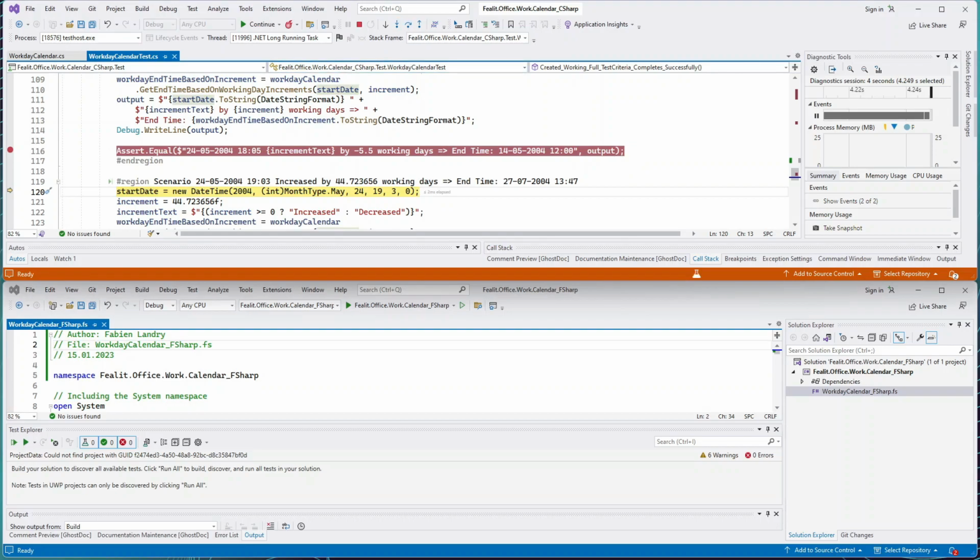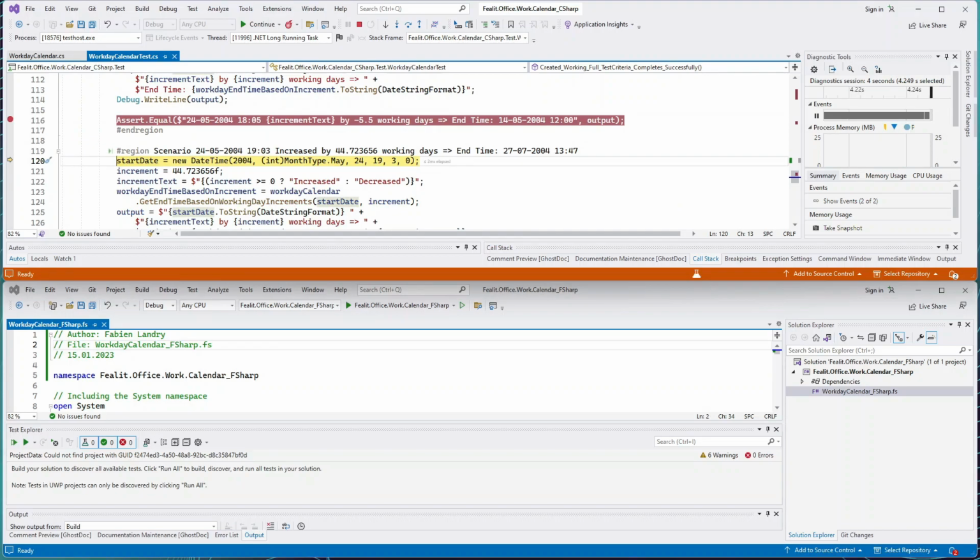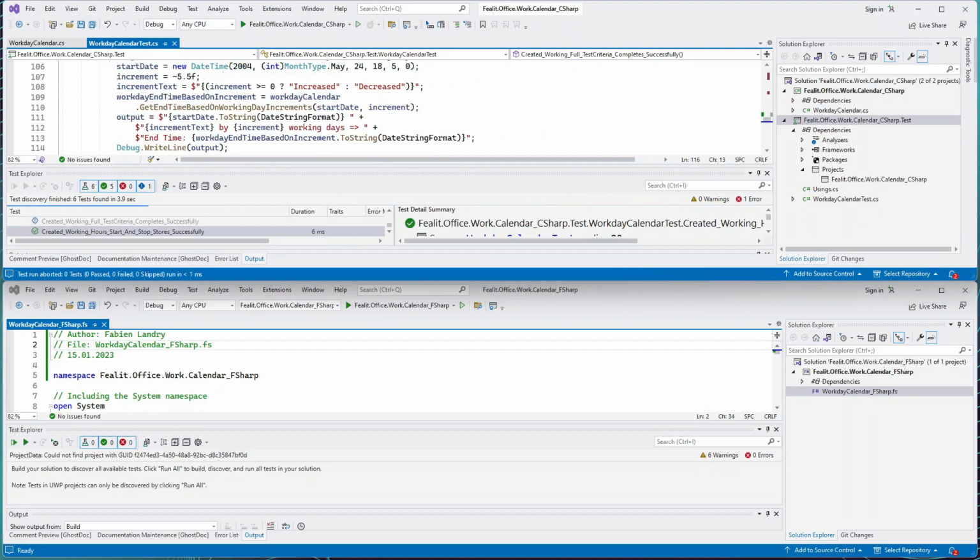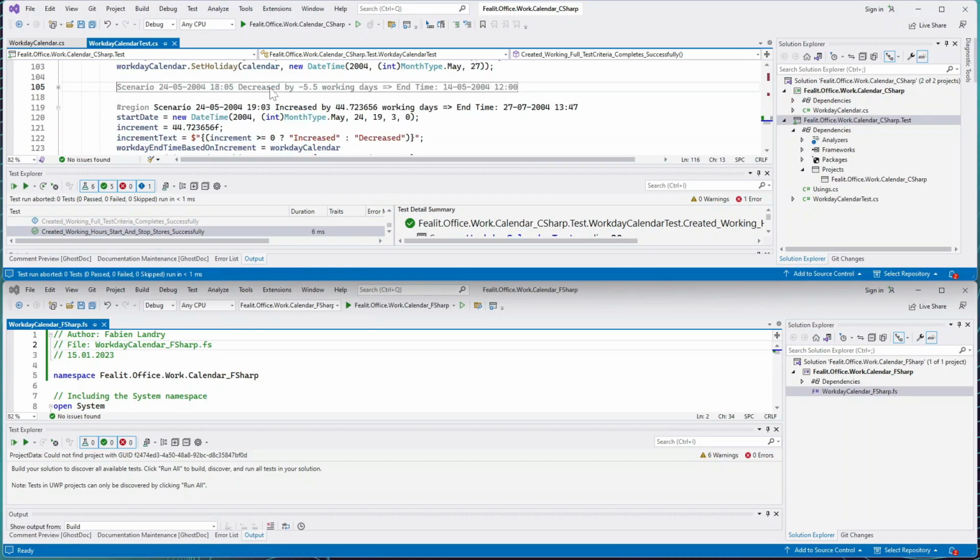For the next scenario, we are not going to stop at the breakpoint. Let's stop it because it will probably be easier to see what's going on here. So we stop the breakpoint and we collapse the region. Now we expect the second scenario, 24th of May 1903, increased by 44.723656 working days, to have the end time at the 27th of July 2004,